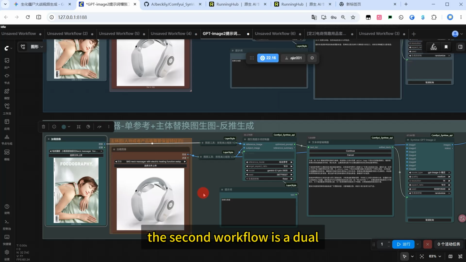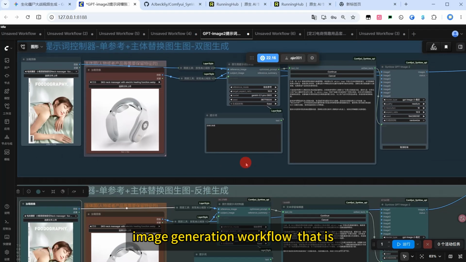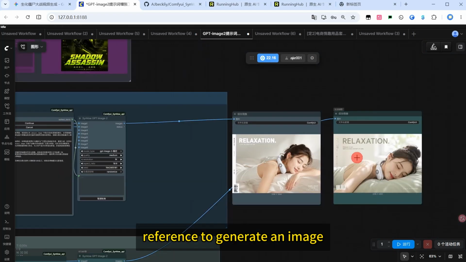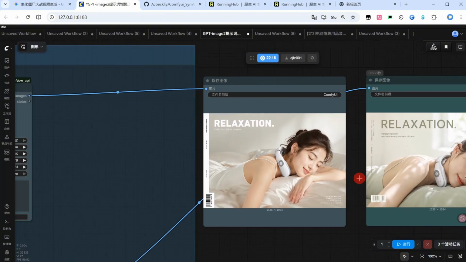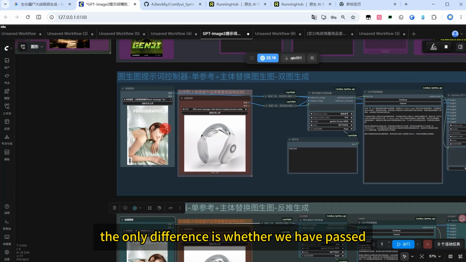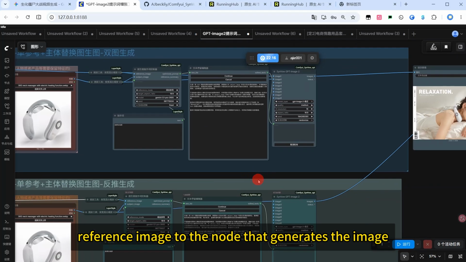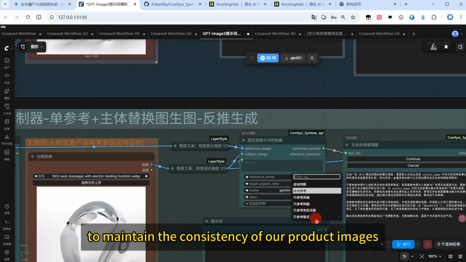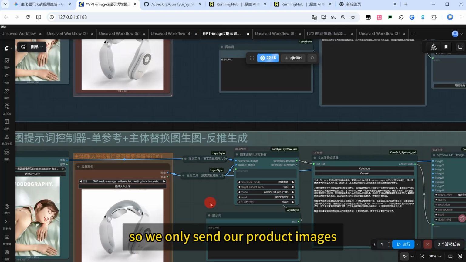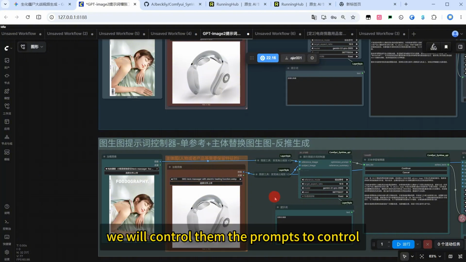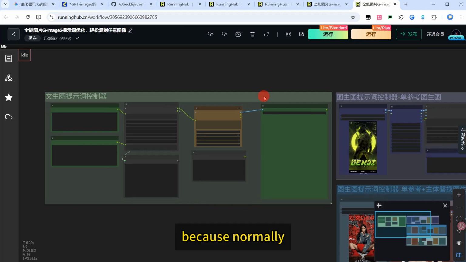The second workflow is a dual image generation workflow. That is, we upload a product and find a reference to generate an image. The only difference between this workflow and the workflow below is whether we pass the reference image to the node that generates the image, to maintain the consistency of our product images. So we only send our product images. The remaining scenes we control with the prompts, because normally,